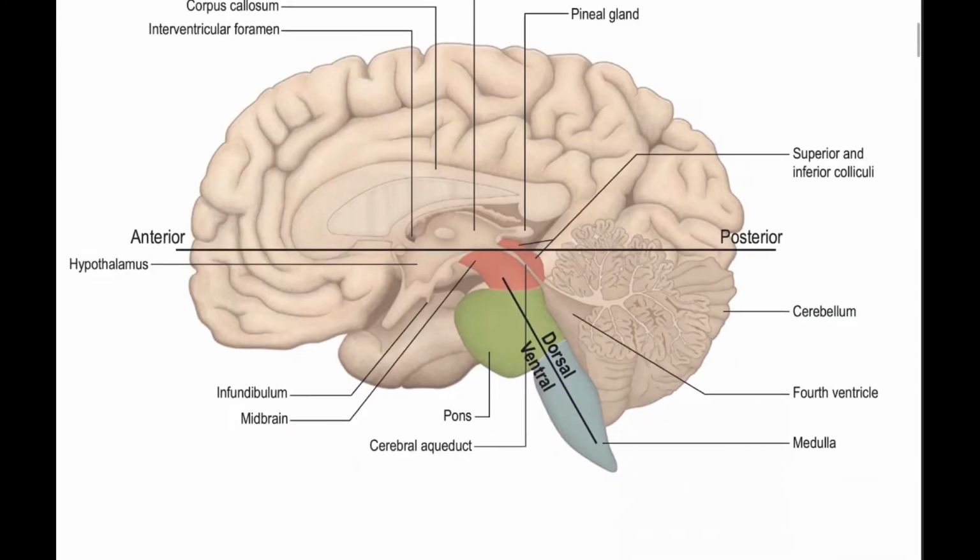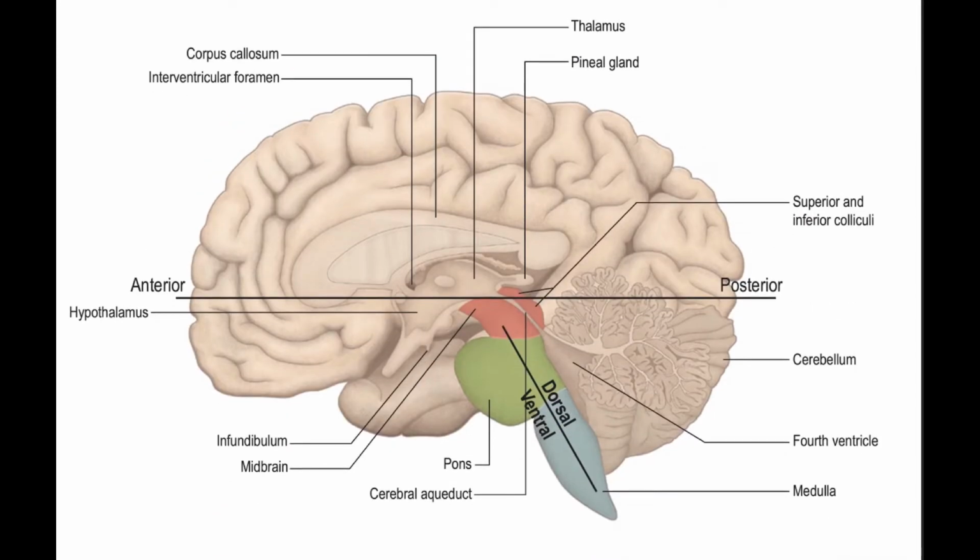Those structures near the anterior side, that is in the frontal lobe, are also known as ventral in position. Those structures in the posterior side or in the back side are dorsal in position. Always know that the cerebellum is in the back side of the brain, that is, in the posterior or dorsal side.